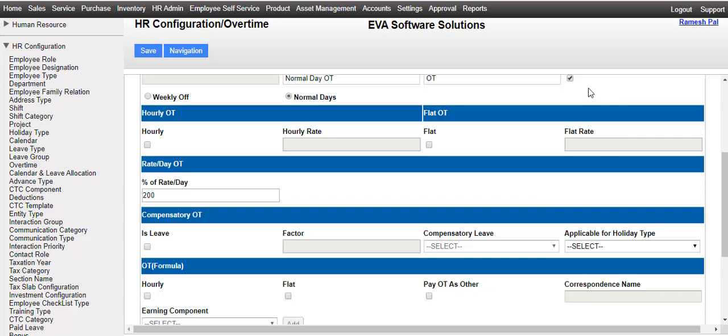As you can see in the calculation, 387 amount has been paid as normal per day salary because he has worked on Republic Day, plus he also gets 2 times extra salary because you have configured percent of rate per day field by 200%.